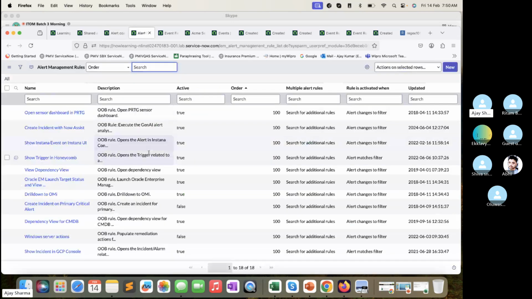The same thing you write to alert management rule, you don't need to write scripting, but Flow Designer comes into the picture. And if you want to pass some value from particular fields, you need to write scripting there as well, right? The same way with custom things. Basically, whenever you are going to do custom things apart from ITOM, you have to write scripting. For example, if a customer comes to you and asks you,